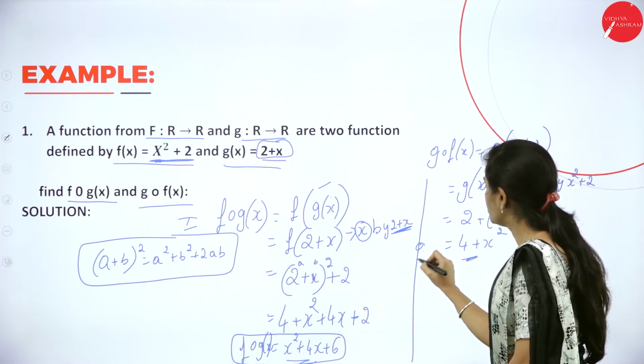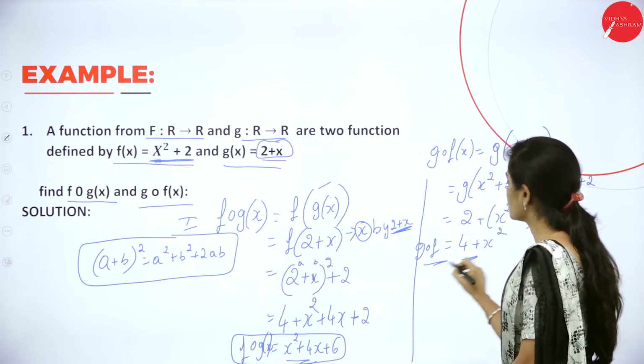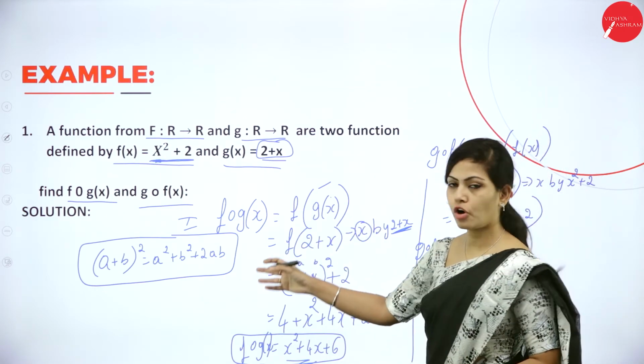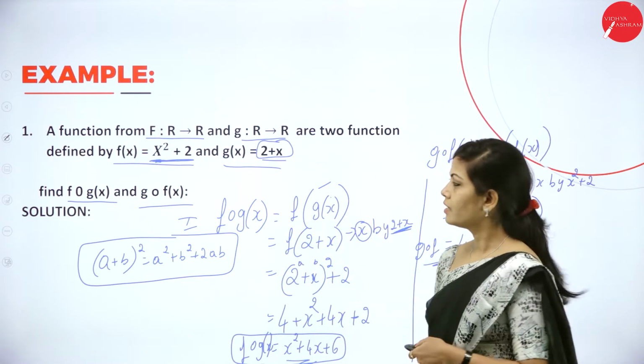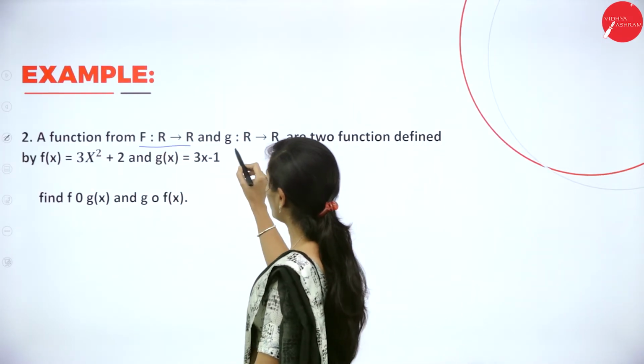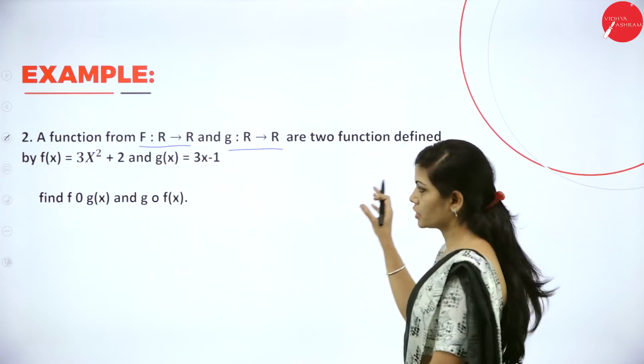So this is g of f. This is gof and this is fog. So it's a very simple concept: first find out fog x and gof x. Next example: functions f from R to R and g from R to R are two functions defined by,